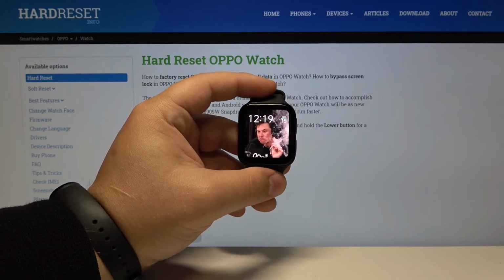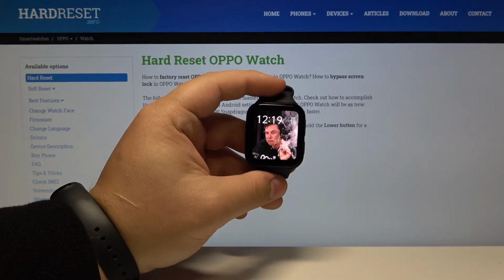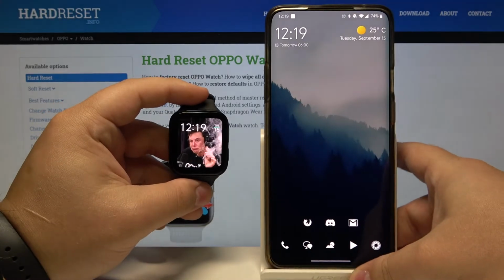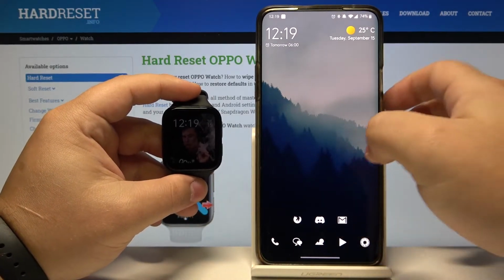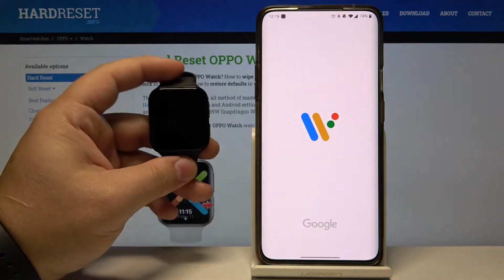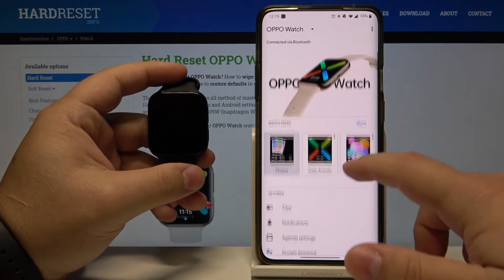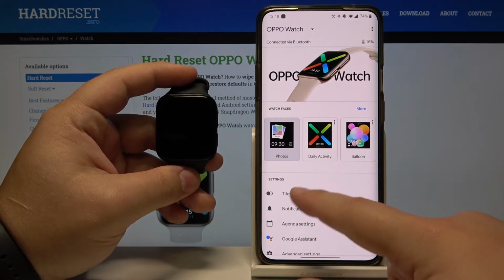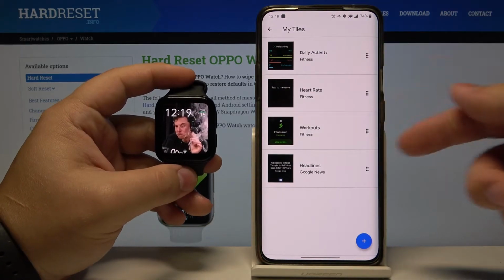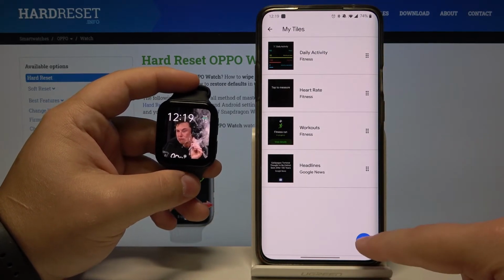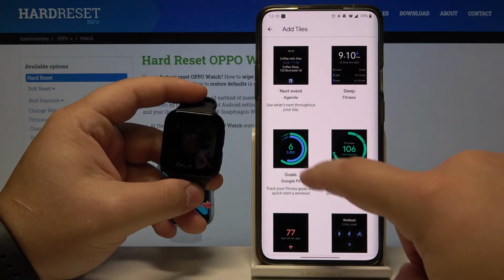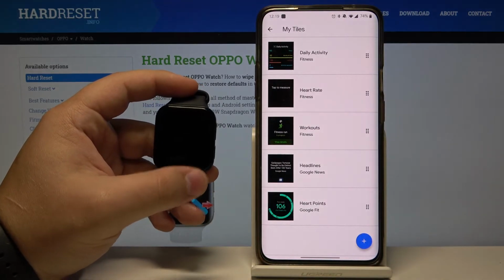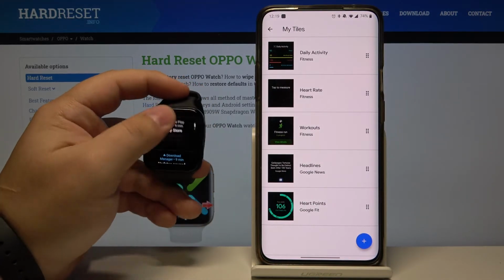You can also use the phone app to do it. So let's bring our phone right here. Open the Wear OS app. And here we have tiles option. Let's select it. And we have our tiles. We can add one by tapping plus button and selecting the tile. And we should have it